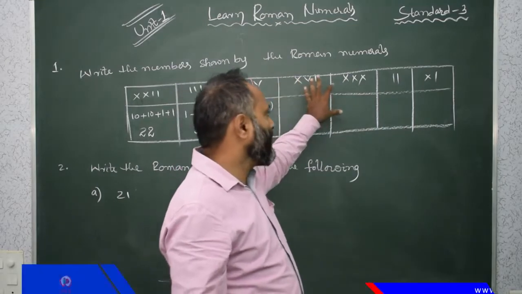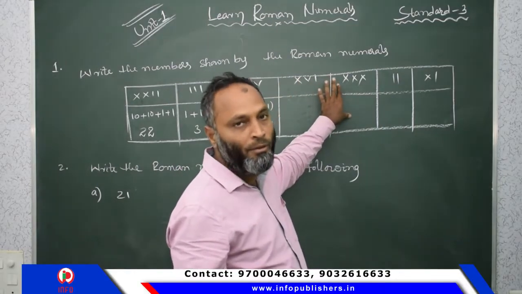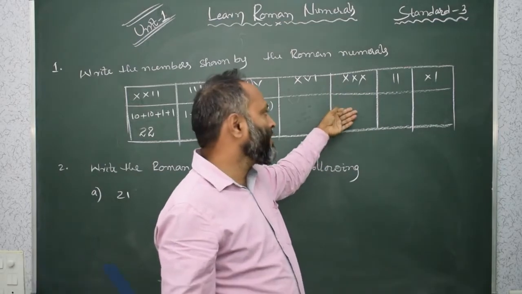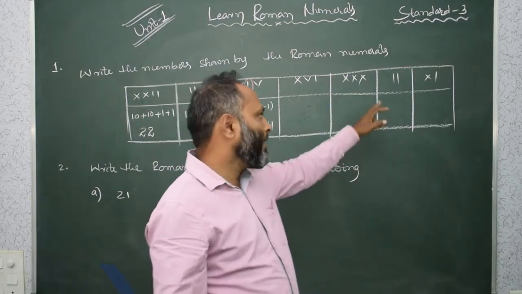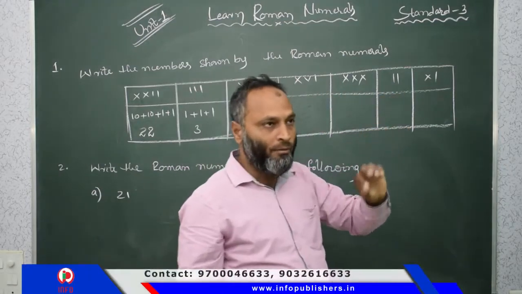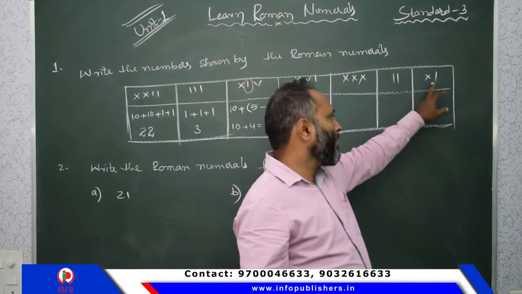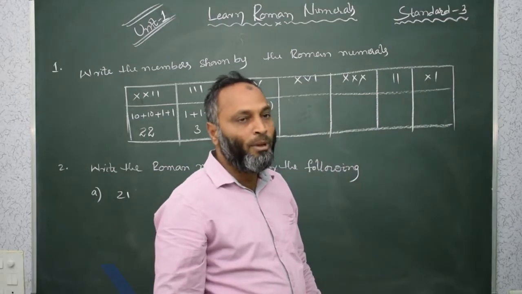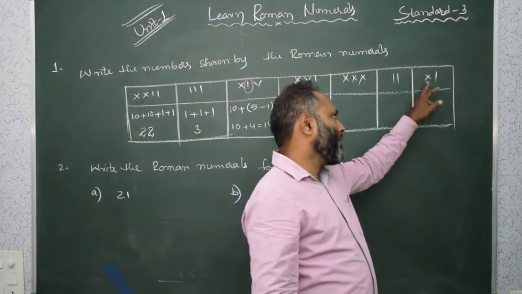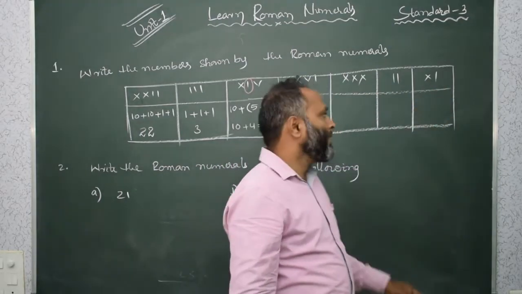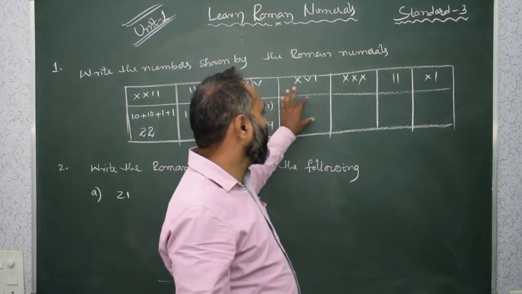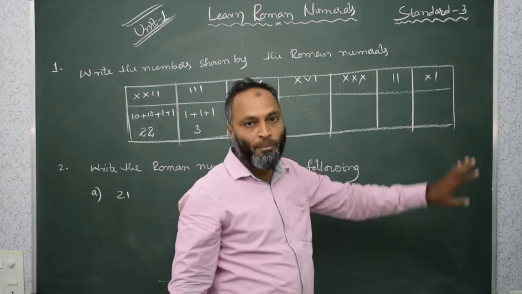In the same way, here also the same, according to the first rule, we have to do this as homework, and this is also homework you have to do. This repeats 3 times, and 3 times it repeats means you have to add. Here it repeats 2 times, you have to add. Here the smaller Roman numeral is on the right side of the bigger Roman numeral, then you have to add, 10 plus 1, 11, like this. These 4 questions are your homework assignment: 1, 2, 3 and 4.